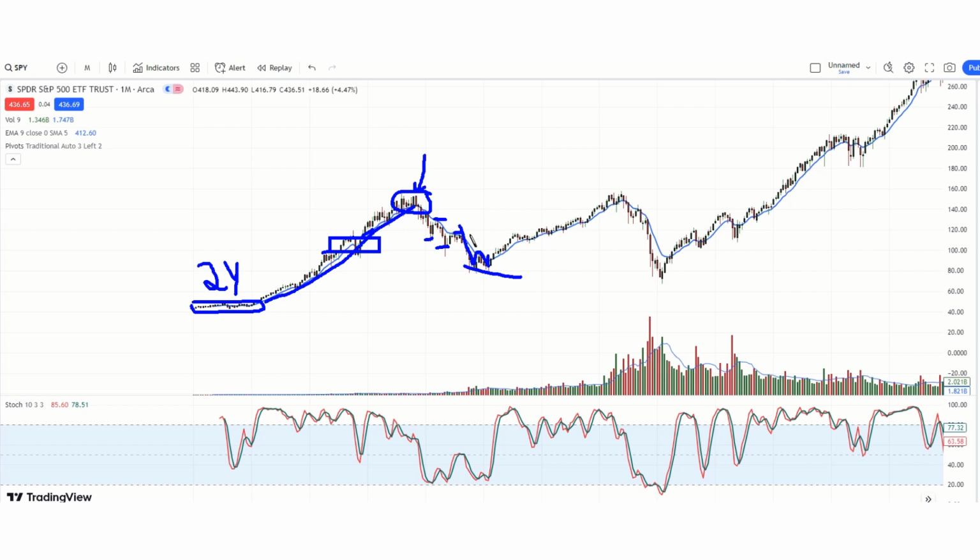It failed at the 9-day moving average monthly chart. Remember? Okay. So then we came back to here. So we had a bull market, remember, from June of 2003 all the way up to July of 2007, and then October of 2007, and then we crashed. And that was here.